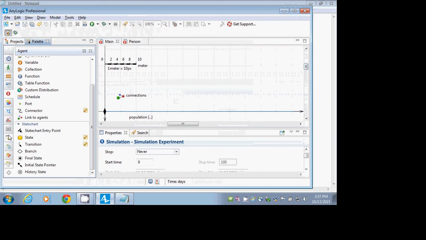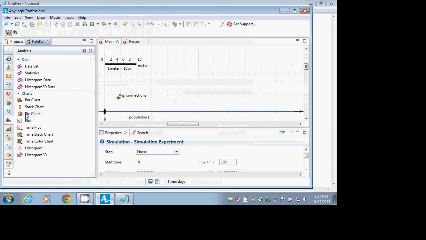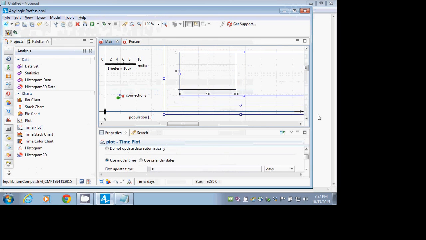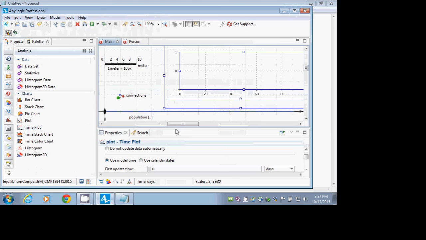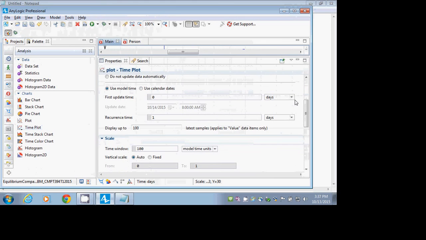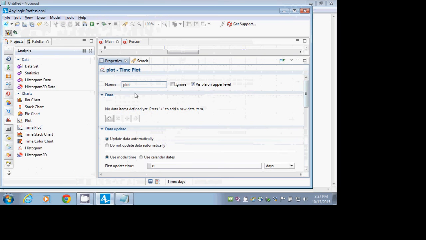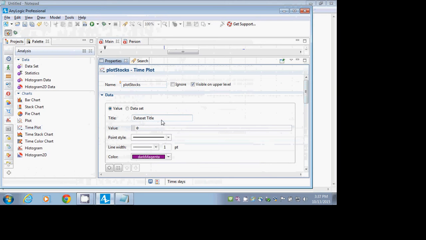Time plot. And what will we plot? We will plot data item. So this will be plot stocks. Sure. Stocks. Okay. And let's add a data item. And mark my words, this will be called infected. So count infected, let's say. And the key thing here, ladies and gentlemen, for the value, let's put in population